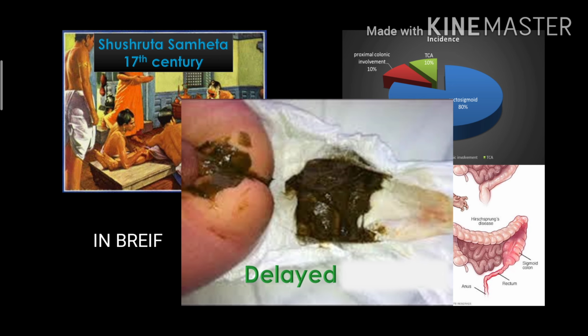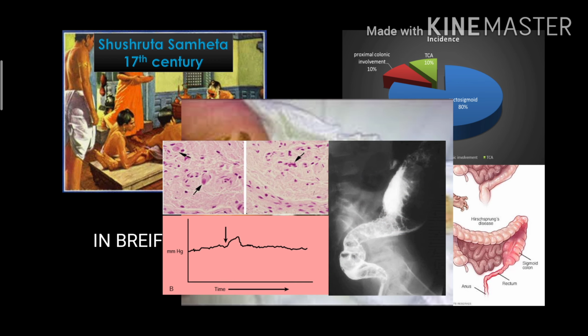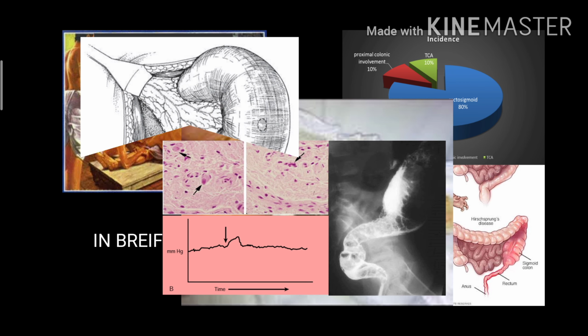Then we have also discussed the clinical presentation, the different types of clinical presentation, the different age groups of clinical presentation, bilious vomiting, delayed passage of meconium. We have also discussed how to diagnose HD based upon X-rays, how to rule out the differential diagnosis, the contrast X-rays, the barium enema, and the 24-hour retention film. And we have also discussed anorectal manometry, which we are not using now, and how to do a full thickness and a partial thickness biopsy.